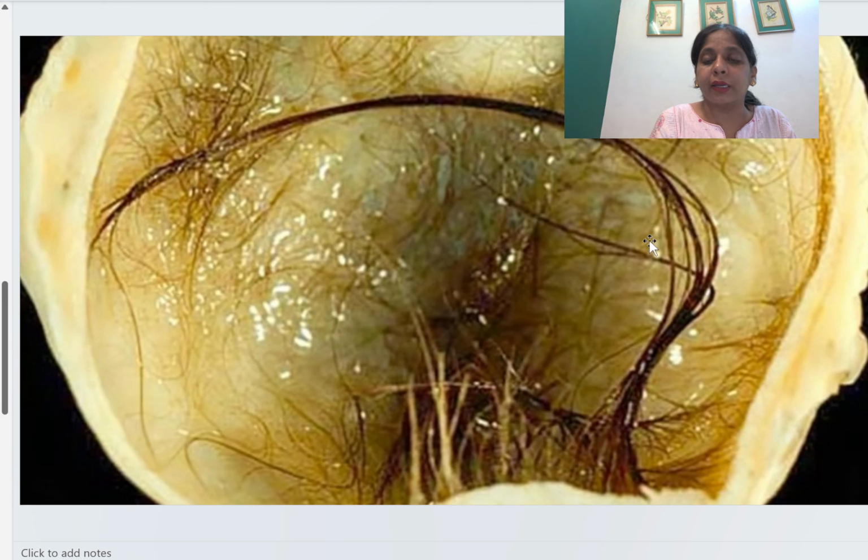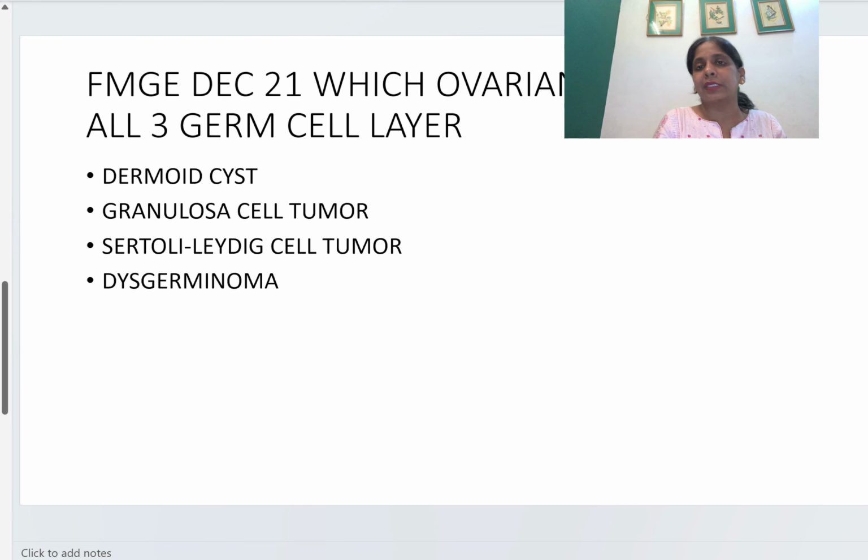Hairs are there, and then teeth can also be seen, thyroid tissues can also be seen. So all the three germ cell layer derivatives are there. That was a question in FMG December 21. Which ovarian tumor has all the three germ cell layers? So the answer to this was